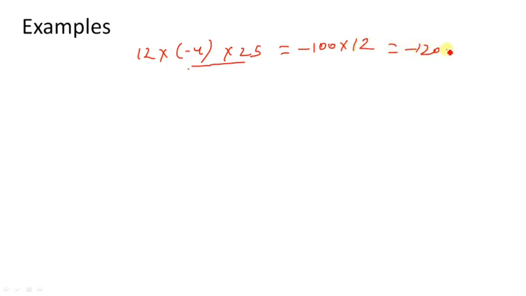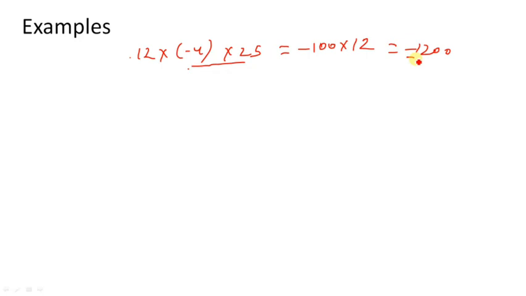Okay. Now for your betterment, I want to give one suggestion: while doing any multiplication, first check the sign. What I mean is, here the sign is positive, here the sign is negative, here the sign is positive. So in the result, what will be the overall sign? Plus into minus is minus, minus into plus is minus. So in the result, the sign will be minus. So this is correct. So while doing any calculation, you have to check the sign.